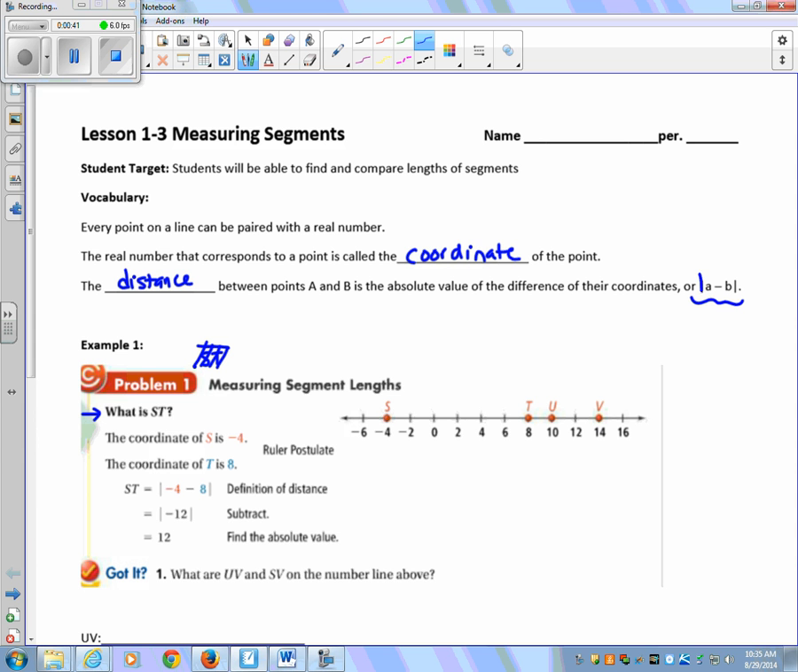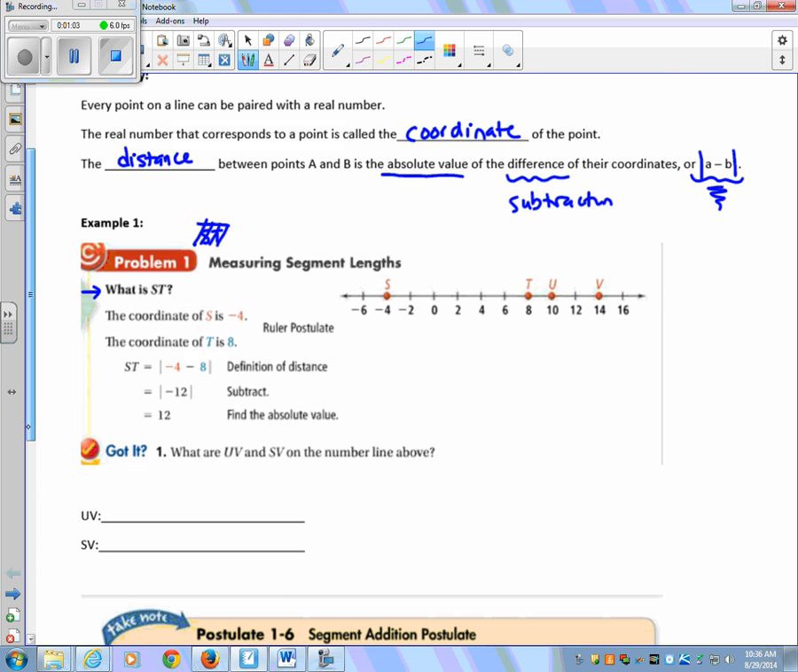In these symbols, those symbols mean absolute value. So the absolute value, or their value as they are the distance from 0, of the difference, we know difference means subtraction. So we're going to subtract the 2 coordinates, the values of the coordinates, to find the distance between the 2 points. So in problem 1 here, we have the